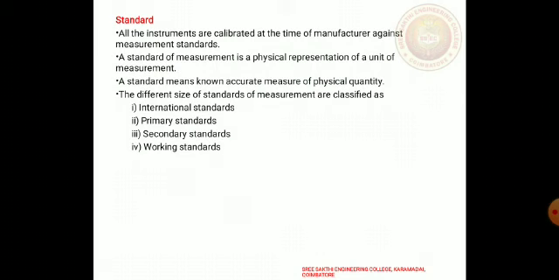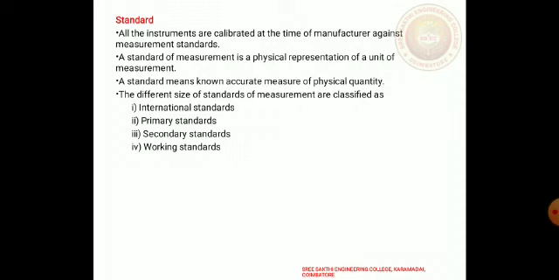Now we will discuss international standard. It is defined by international agreement. These standards, as mentioned above, are maintained at international laboratories. Primary standards are highly accurate absolute standards which can be used as ultimate reference standards. These primary standards are maintained at national standard laboratories in different countries. The standards representing fundamental units, as well as some electrical and mechanical derived units, are calibrated independently by absolute measurements at each of the national laboratories.